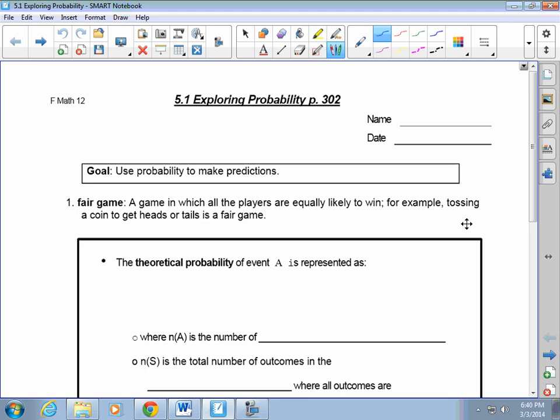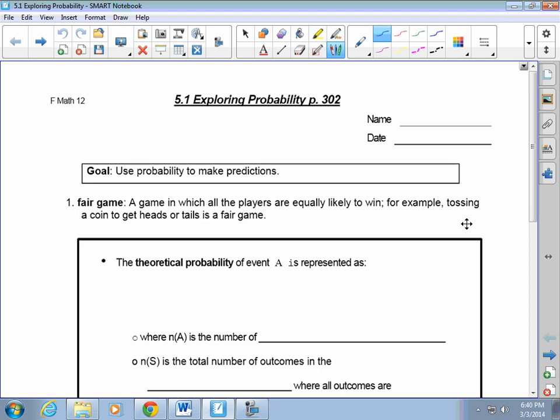Chapter 5 unit is on probability, and with probability we're going to be using some of what you've done already in your last 2 units, when we were doing our sets, probabilities, looking at odds. So you'll see some overlap of what we've done in the last 2 chapters, and little bits and pieces will be popping up here.